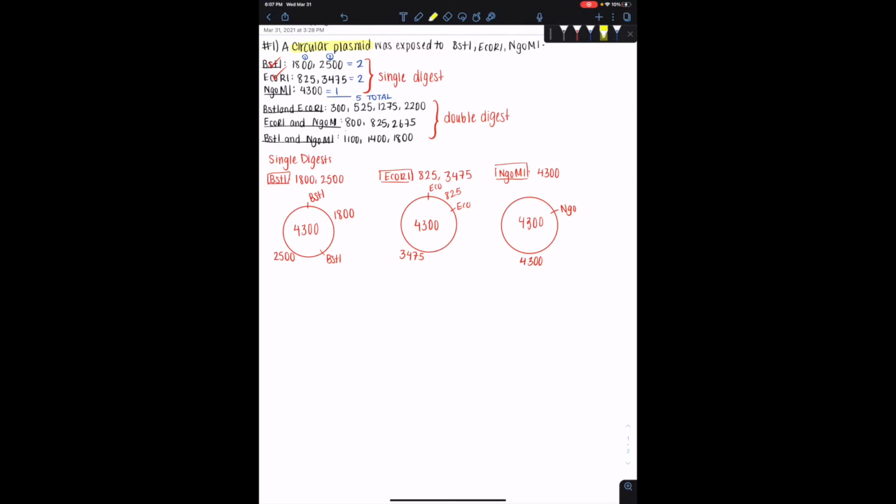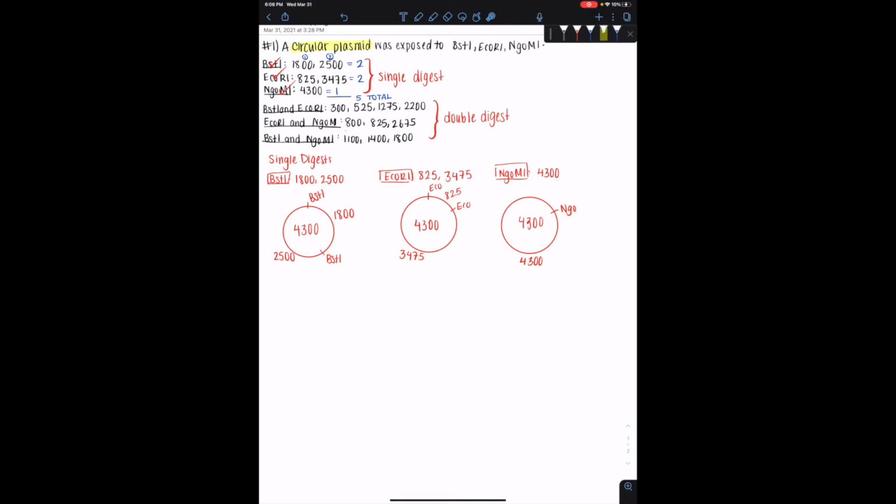As you can see, the next one we have is B plus E. So this is our first double digest. And as you can see, it's the largest one because it has the most cuts. It has 4 cuts in total, so we want to make sure that we have 2 cuts that belong to BST1 and 2 cuts that belong to ECO. And we know that from the single digest right here, B has only 2 numbers and ECO has 2 numbers, so together they have 4 cuts,